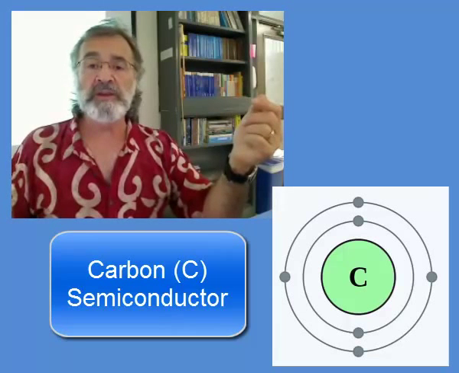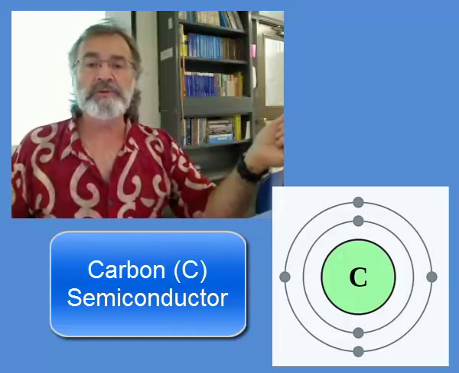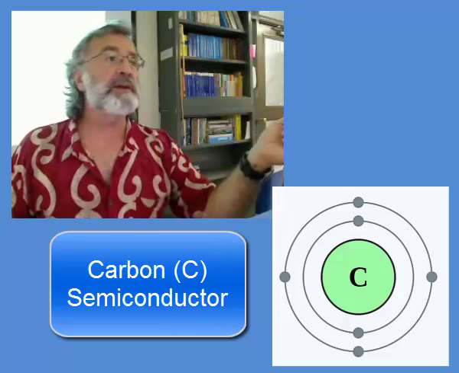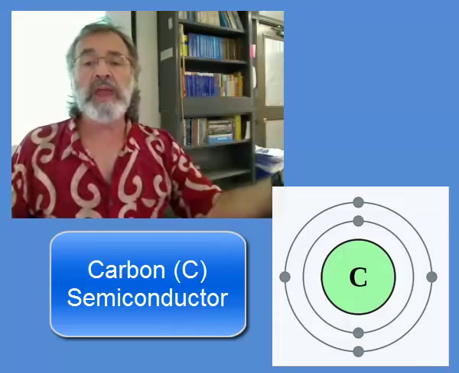Then lithium would have 2 in here and 1 in the L shell. Well, we're going to go up to carbon, which is the number 6 element. And so it has 4, and that's called a semiconductor. So it either wants to give up these 4 in some way or gain 4 more in